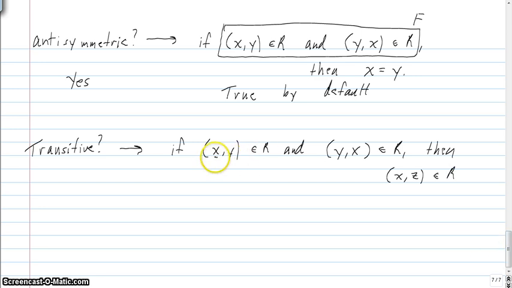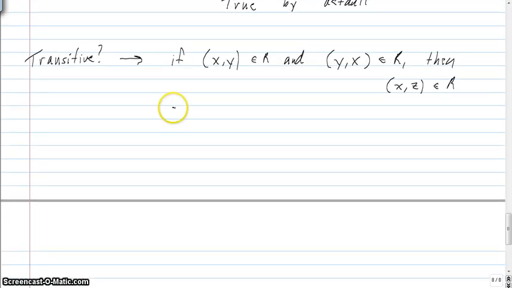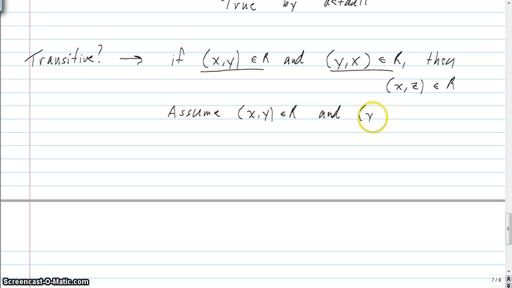If we're going to prove this, we can assume this is a little if-then statement. We can assume that xy and yz are in the relation. Oh, I'm sorry, I got going a little too fast here. This needs to be z, yz. That's not going to make any sense if it's an x. And what that means is that, by the way the relation is defined, x is greater than y,